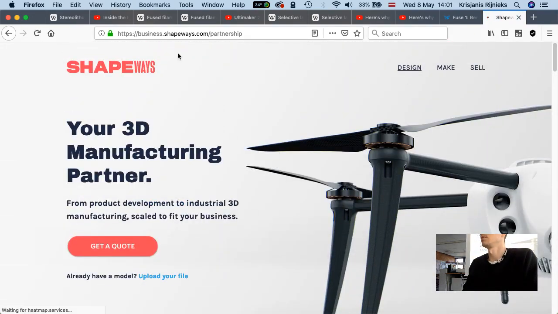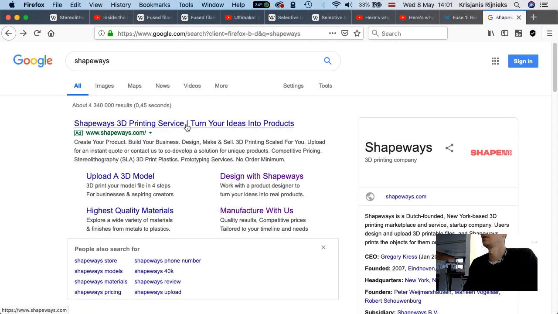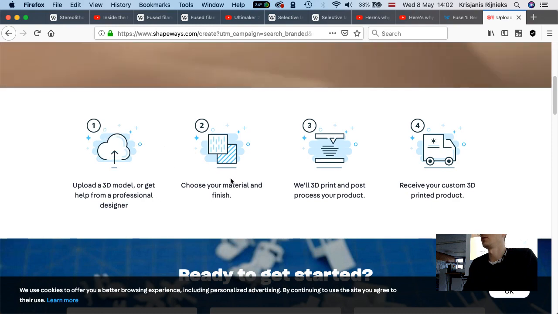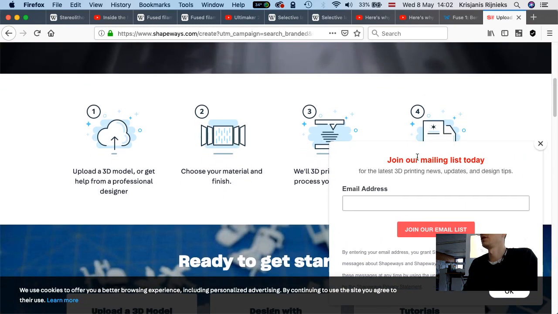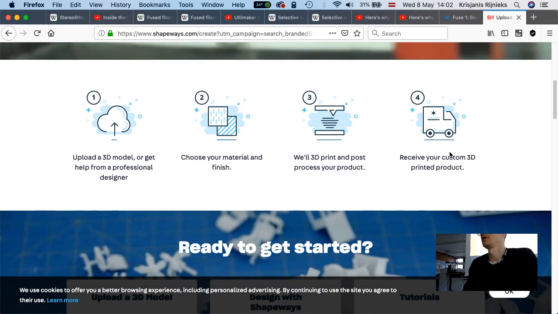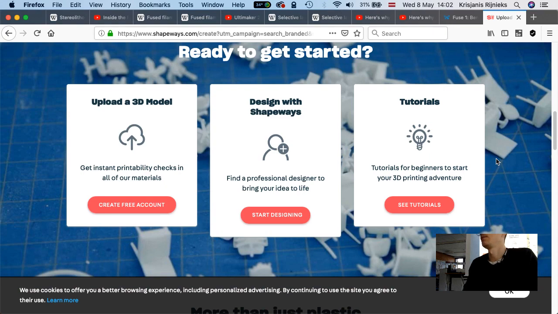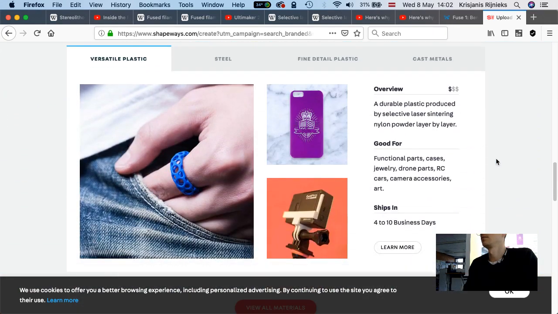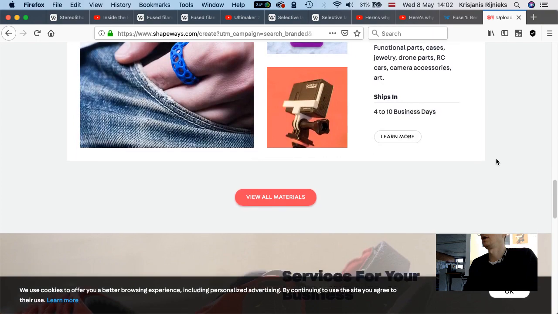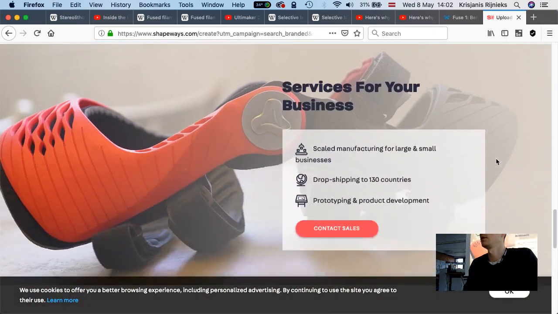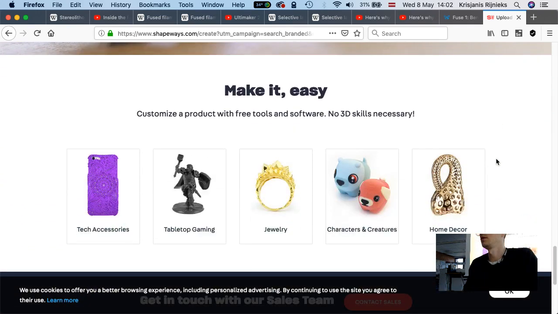By the way, I think this is something useful: Shapeways, where you upload a 3D model. You upload the model, choose your material and finish, and then they print it and send it to you. It probably takes 1 week. Last time I checked, they also offer some metallic powders, so you can print with titanium or steel